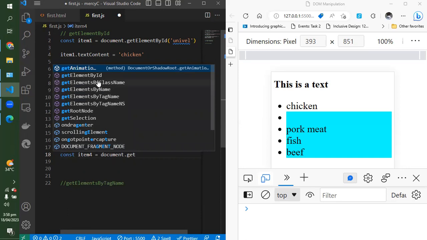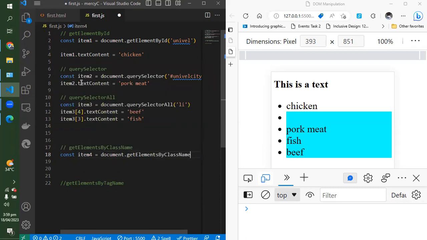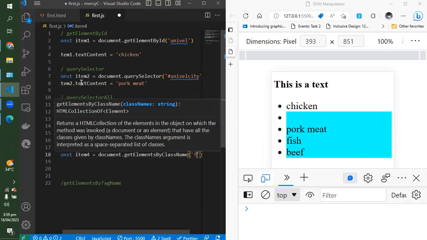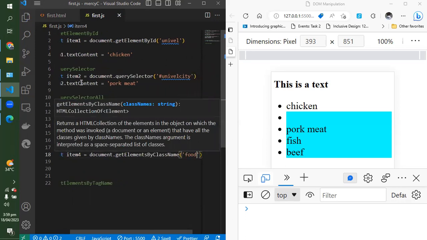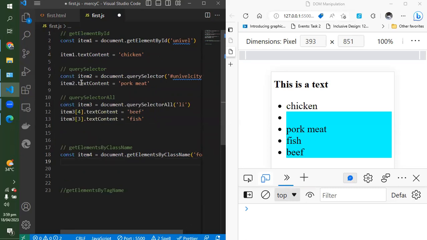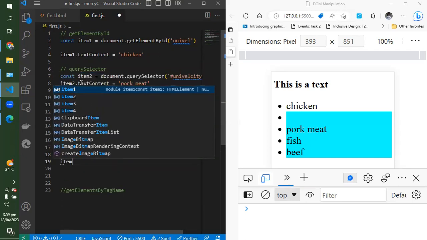Now one thing I always advise is if this thing starts popping up for you, select it. Don't try to type everything because you make mistakes. getElementsByClassName. So maybe the class name I'm looking at is food. And then I can now come and say item 4